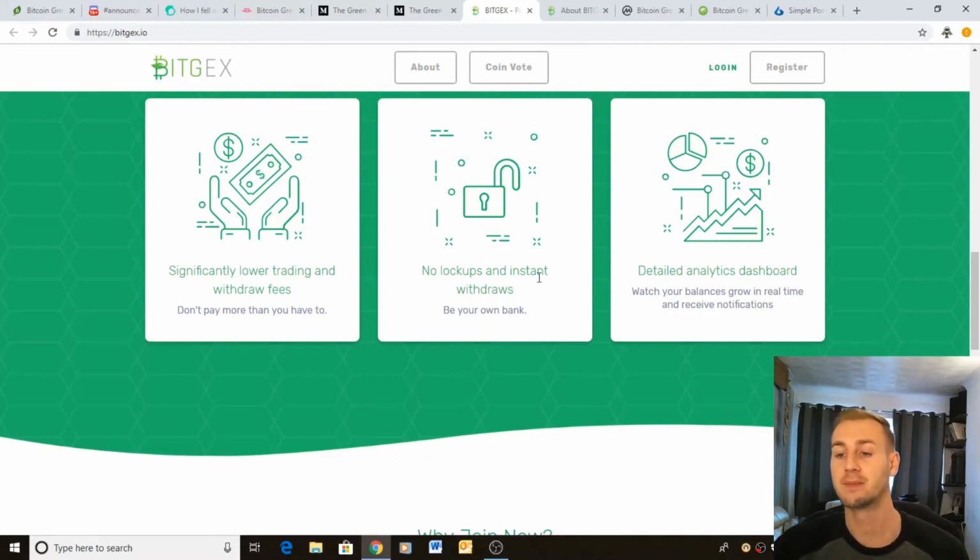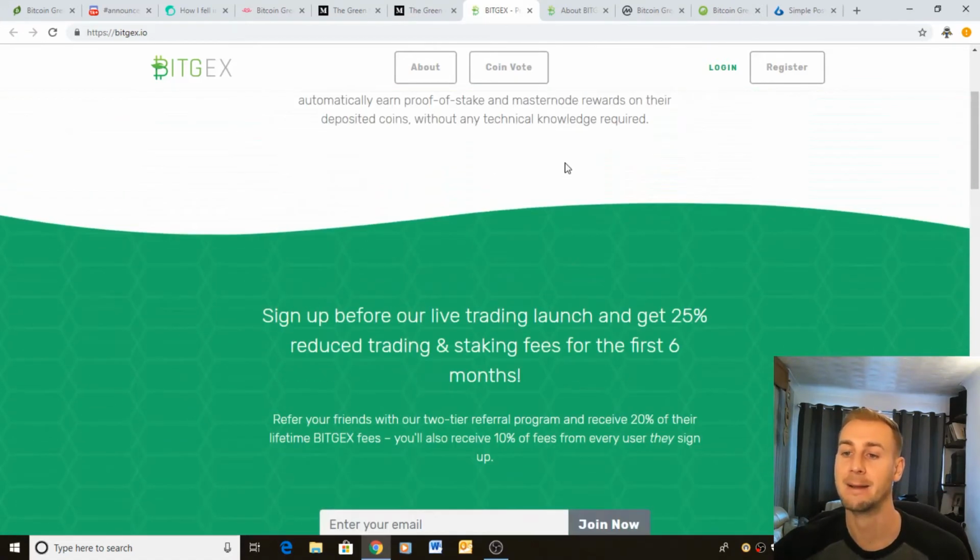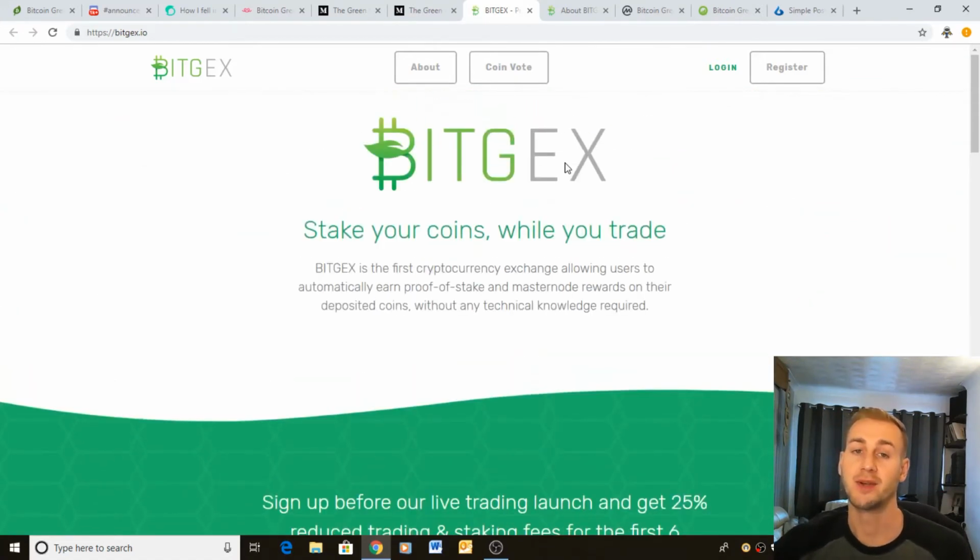And it says no lockups and instant withdrawals. So the main, obviously, bonus feature of having an exchange where you can stake your proof of stake coins is the fact you don't have to wait for withdrawal from a pool website or from your own wallet. They're always there and good to go,